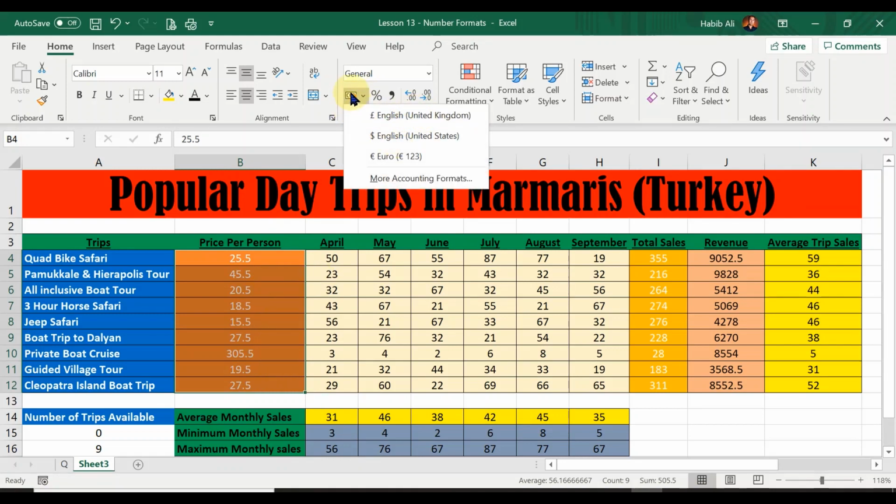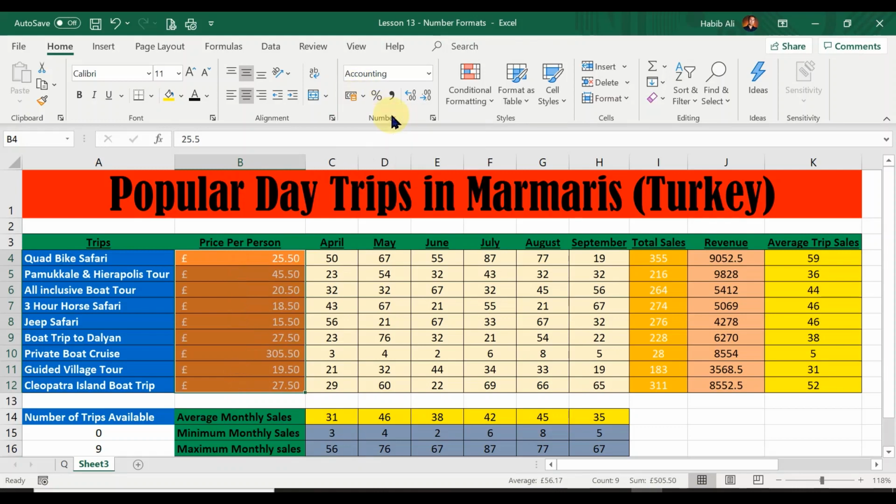I'm going to choose English UK. This is accountancy, by the way. There you go. So we've got the pound sign on the extreme left hand side of the cell, and you've got the decimal places aligned perfectly with every single value. You can see this is a bigger value, but yet the decimal place is still aligned with the rest of the numerical values. I'm going to also do the same for revenue, because revenue is also a monetary value